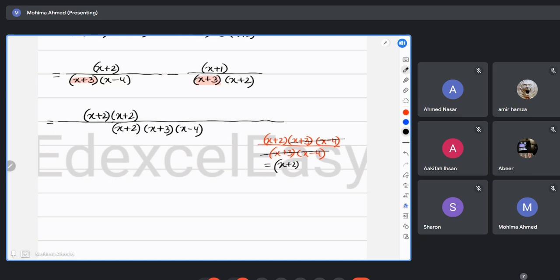And after that, if I simplify it a little bit, this was the numerator, and now I'm going to divide the LCM with the second denominator, which is x plus 3 and x plus 2. This x plus 2 and x plus 3 get cancelled out. You are finally left with just x plus 4. So minus x plus 1 and x plus 4, which is going to be.